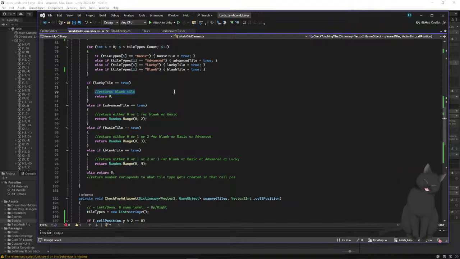A lucky tile, if there is a lucky tile, that means only advanced and basic can spawn. So